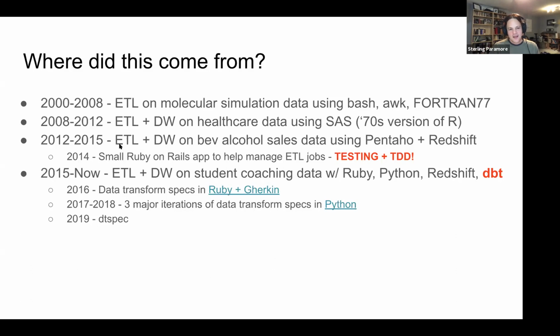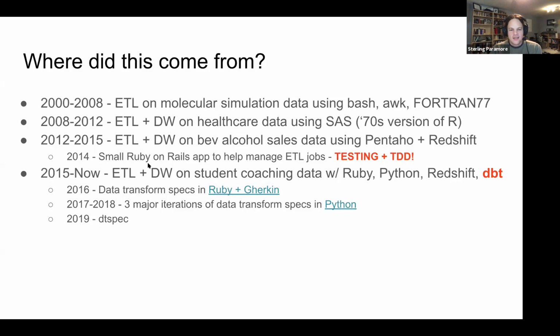But while I was there, I decided to learn a little bit about web application development. So I picked up some Ruby on Rails to write this little ETL job manager interface to help us track when jobs were running and when they were failing and all that fun stuff.